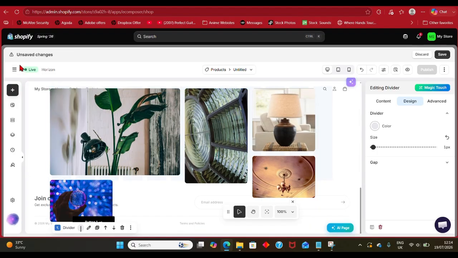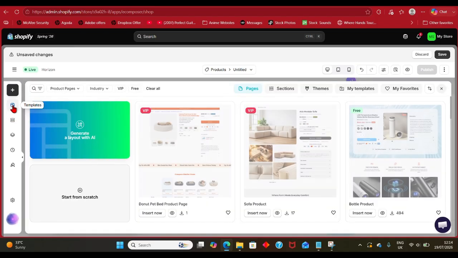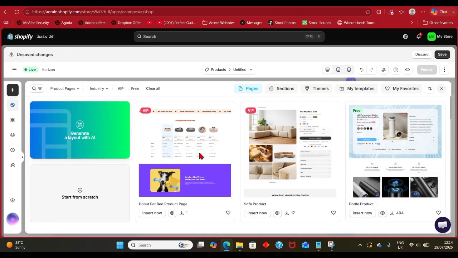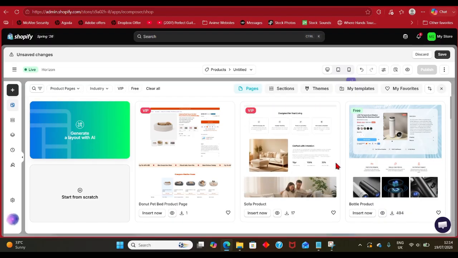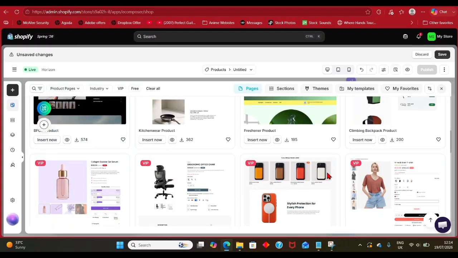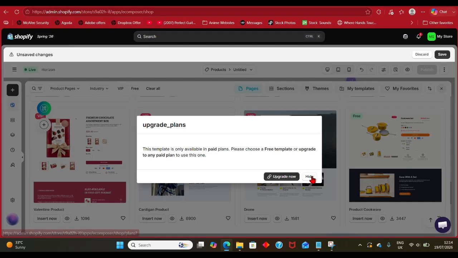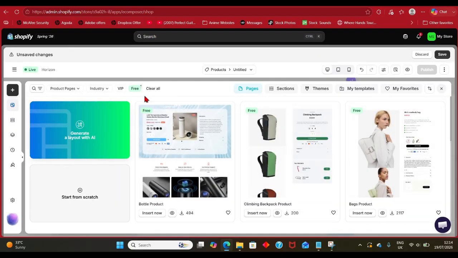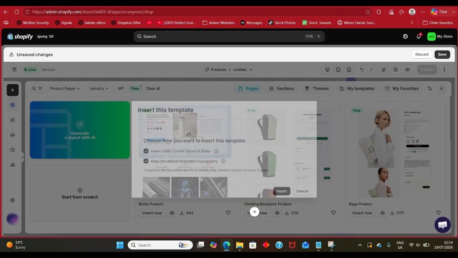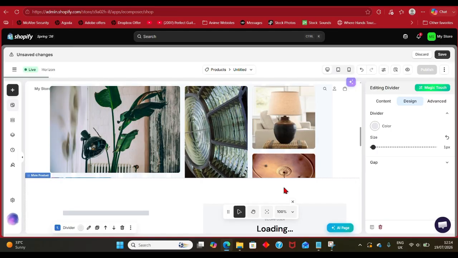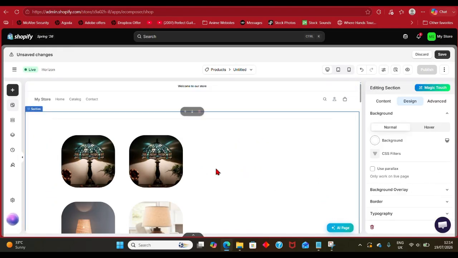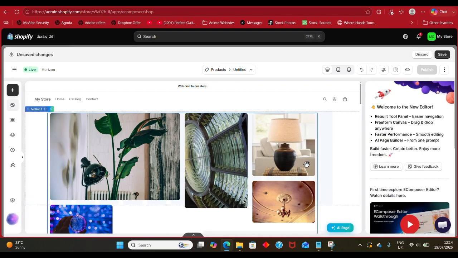So if I ever am creating a website, what I'll be doing is going on to templates, just finding a template. For example, one of these. This is the best way to use this. So product page, I'll insert this now. Click on free if you don't have the template, and then you can see all the template ones here. Press insert. So what I'll do is delete all my previous ones because I really don't like what